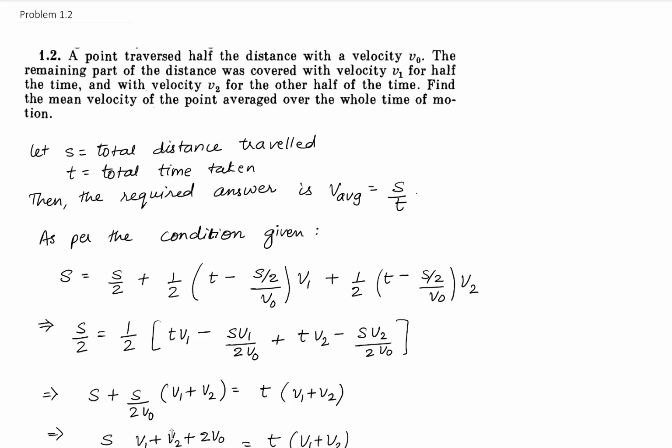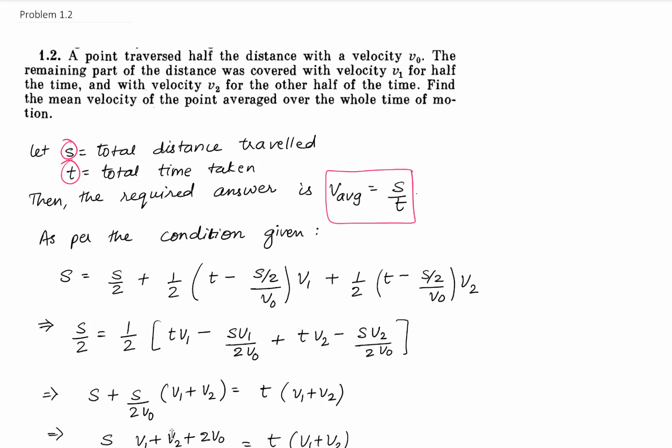In such problems, the strategy is to assume that the total distance traveled is something and the total amount of time for which the particle travels is something. In this case, they have been assumed as s and t here. Then what he is actually asking us to find out is v average, which is s by t. And our aim will be to frame an equation from which we will be attempting to find out this ratio